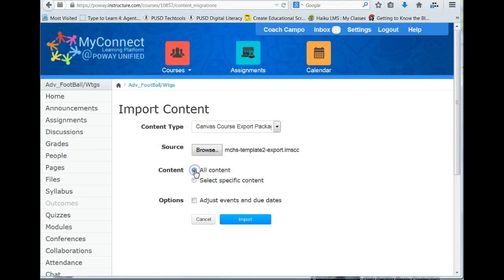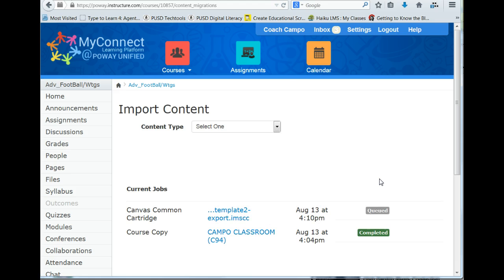I want to go ahead and bring in all the content from that package. I click Import. This will take about 30 seconds to maybe less than a minute. It's fairly quick at importing this. Okay, now that that template has been imported, what we need to do is go and use it as our